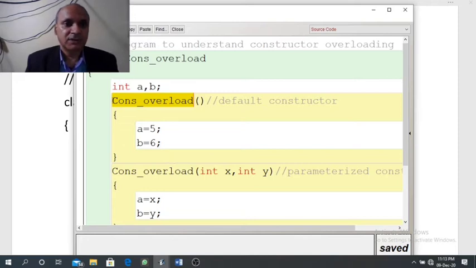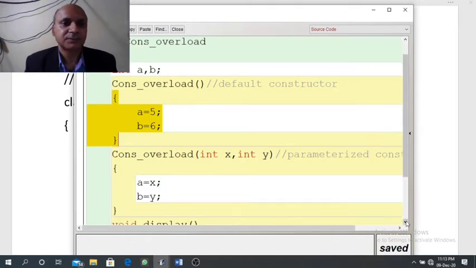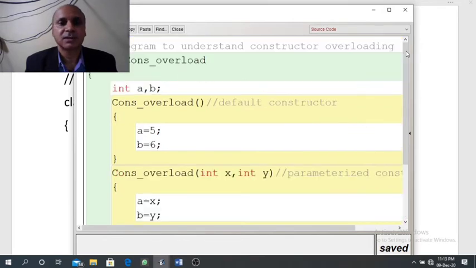So when we select the first one, then after execution of this block, A and B will be initialized with 5 and 6, and after creation of object, when we run display method, then value of A and B will be 5 and 6. But at the time of creating object,